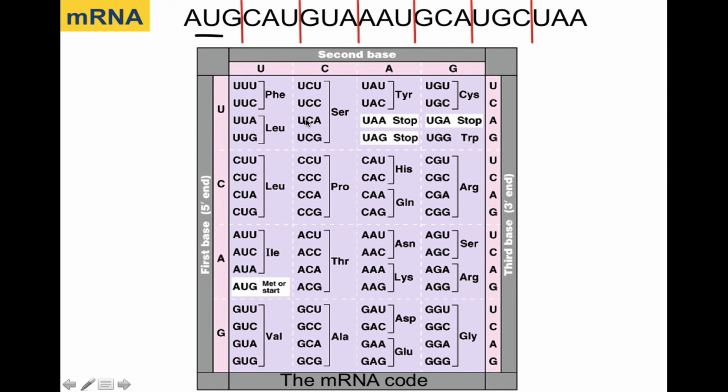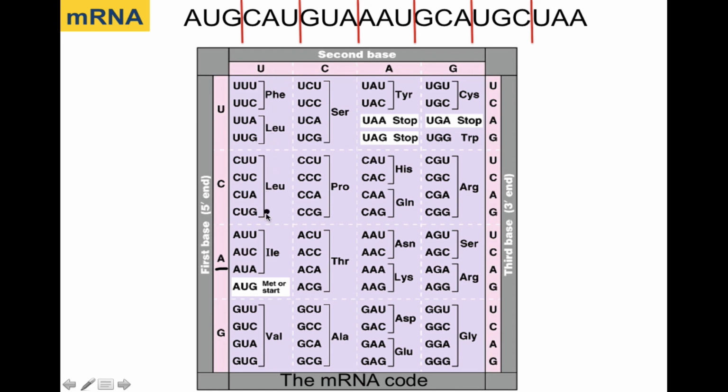Now here's how you use the chart. So here's looking at AUG. A is our first base, U is the second base, and the G is the third base. So when you look at a chart like this, you're going to look on the gray part here, and you'll see where it says first base, second base, and third base. So our first base, remember we said, is A. So I'm going to find my A over here. My second base is a U, so I'm going to look on top for my second base,